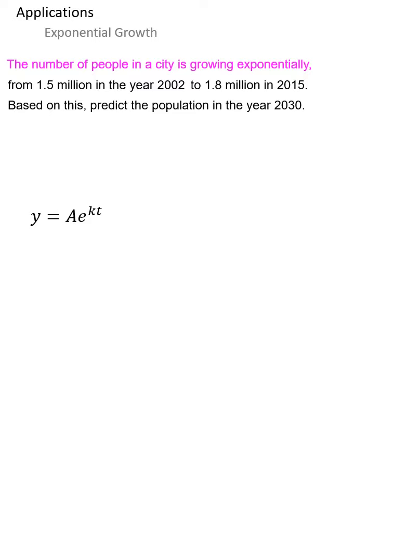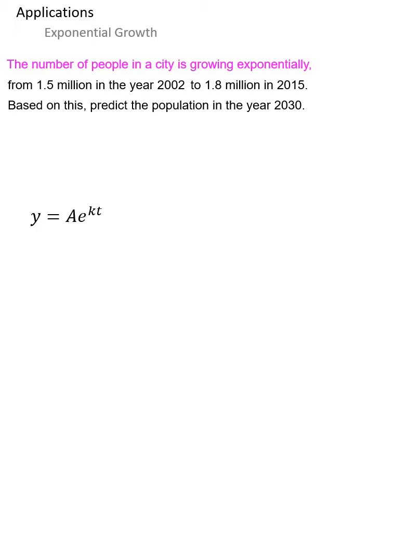First, let me say when a mathematician says model, they mean equation, essentially, although it's an equation that represents something in real life. So to complete this growth model, I need to find the values of A and K. Remember, E is 2.718. Y and T are the actual variables in this problem. They change over time. But A and K are constants that we don't know yet. And if we can know those constants, then we can ultimately answer the question to predict the model's population in